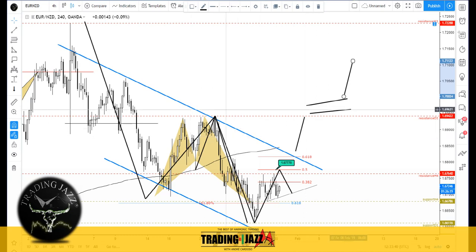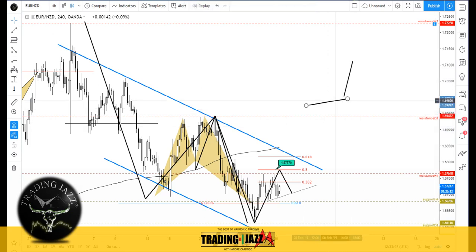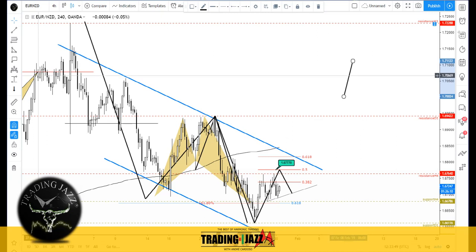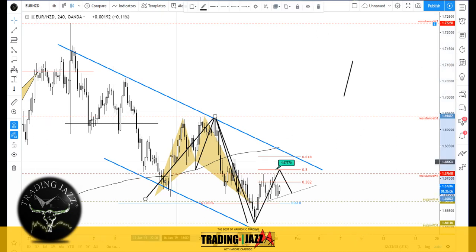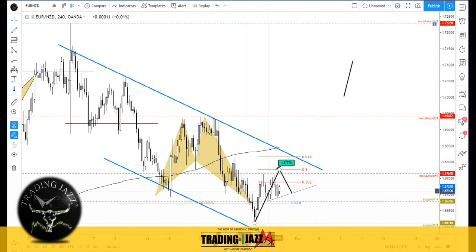We can try to identify patterns above, but I need the price violating the daily resistance first. We have some signs here, because we have these two bottoms. Let me delete those lines to show you what I mean. We have those two bottoms, and I can use a default projection above based on those conditions, based on the